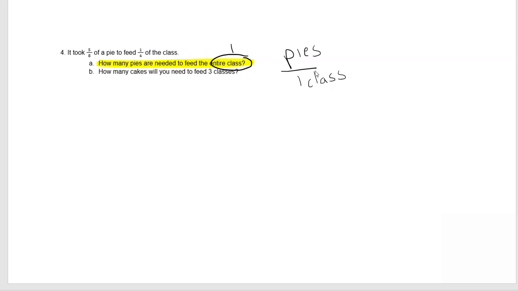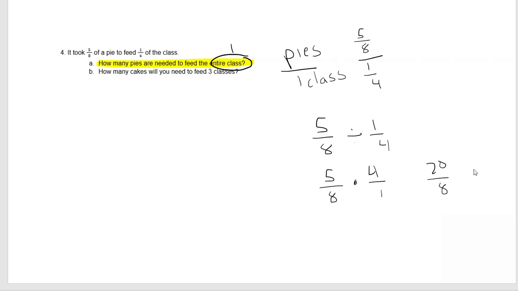So we take the information about the pies. It took 5/8 of a pie to feed 1/4 of the class, and now we're going to divide these two. So if you take 5/8 and you divide by 1/4, and you can use your calculator to do this, but the way that we would do it by hand is 5/8 times 4/1. So that's going to give us 28. And if I take that 28 and I change it into a mixed number, that is going to give me 2 1/2. Okay, so 2 1/2